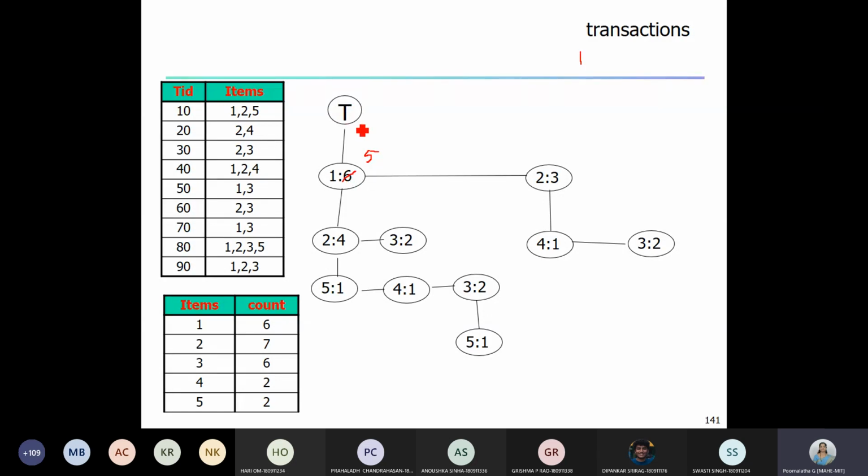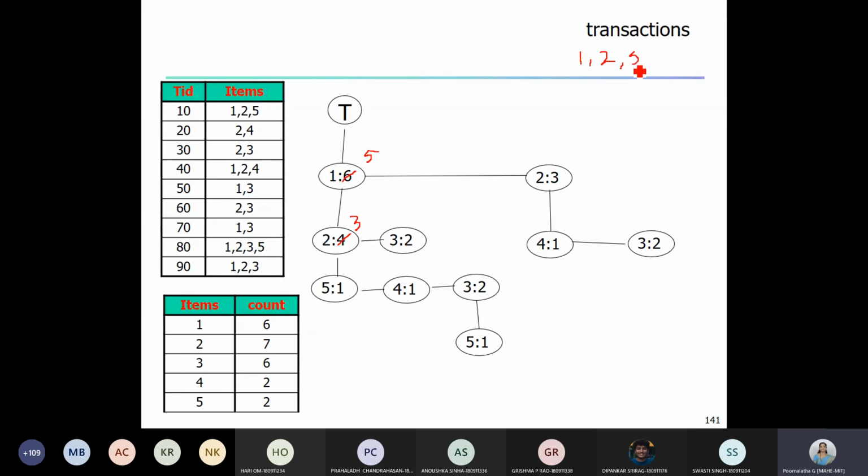Then move on, go to the child node of this 1. This is a child pointer. Follow the child pointer. We have this item 2. So after 1, comma 2, I'm writing down 2 here and then I'm reducing the count of this item 2. Okay. Then follow the child pointer. So 2's child pointer is showing the item as 5. So in the transaction, I'm writing the item as 5 here and then I'm reducing its count by 1, it is 0. Next child pointer.